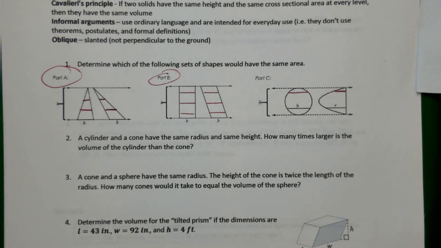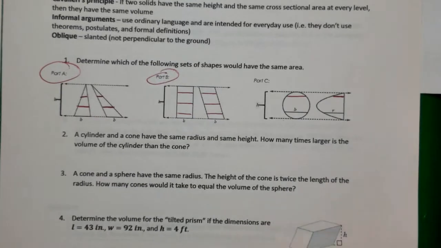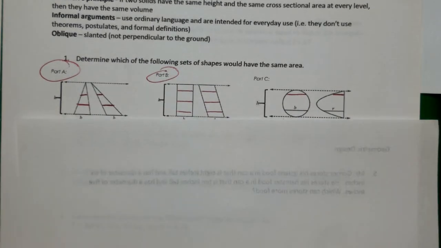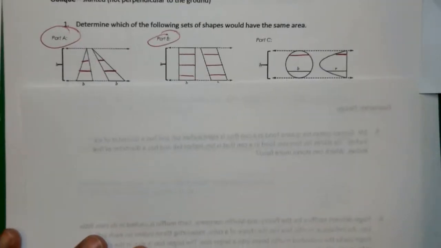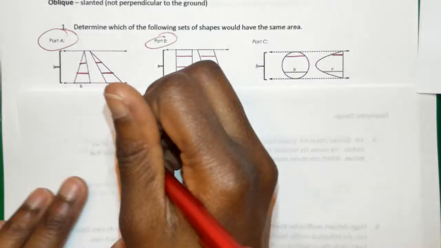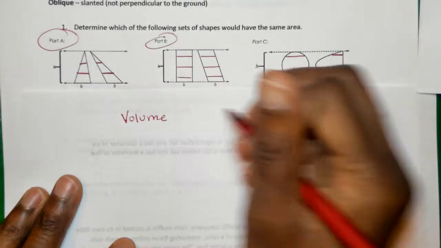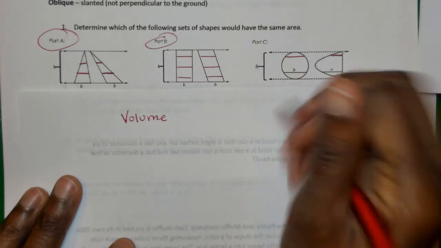Okay, and so that's it for the first part, for the Cavalieri's principle parts. Before we get into the next set of stuff, I just want to recap, because we've done volume and surface area, but it's been a long time, before spring break, that we did this. So I just want to go back over the volume for different shapes and the surface area, well, mainly the